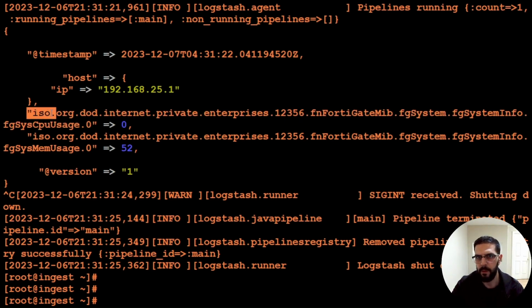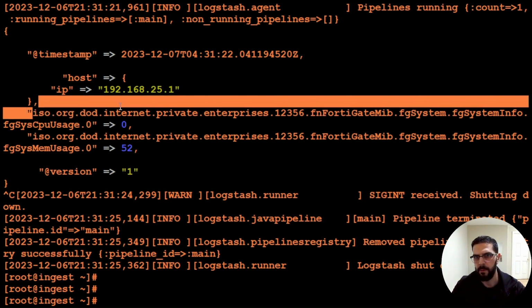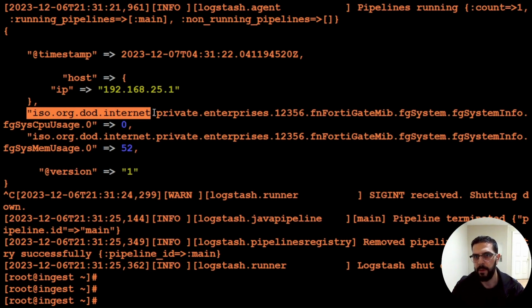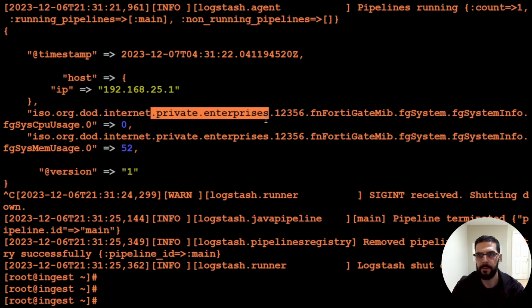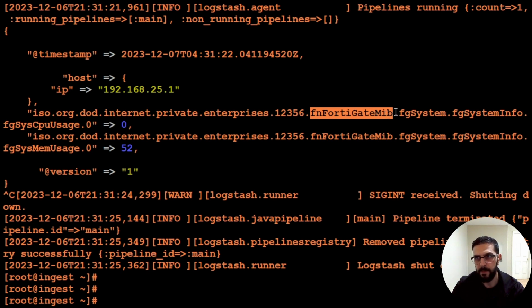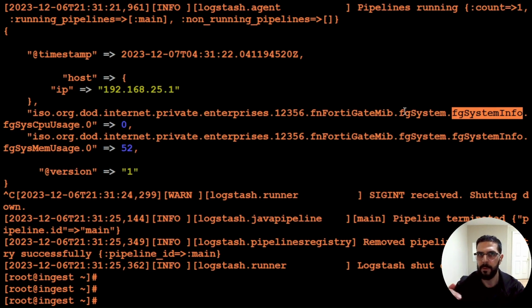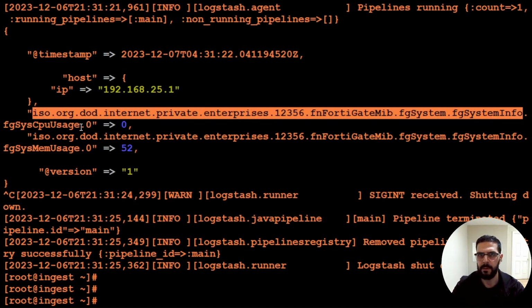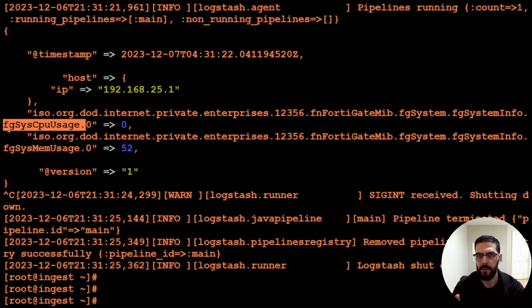It starts with ISO, or the International Organization for Standardization. They all start the same way here, and then we have private enterprises, and then this number is for Fortinet Enterprise, and then after that the FortiGate MIB, FortiGate System, FortiGate System Info. So we're going deeper and deeper in this tree structure. We can skip all of these, or we can remove them and just have the last unique field, and this is done by